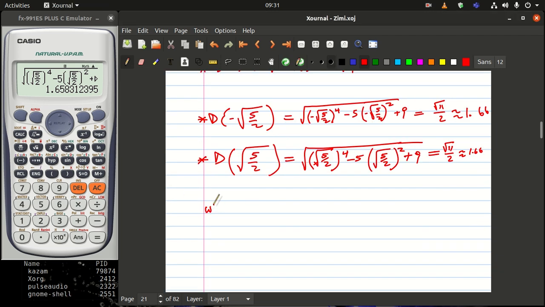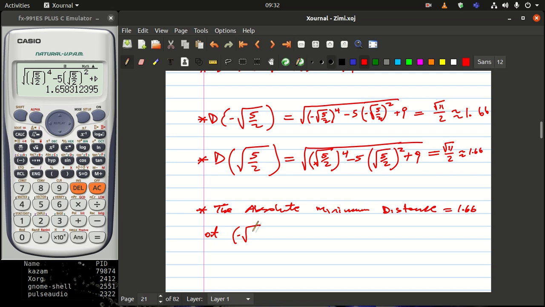So you can say that the absolute max, no, it's the absolute minimum distance is equal to 1.66 units, and then at, so the first point here we are actually having